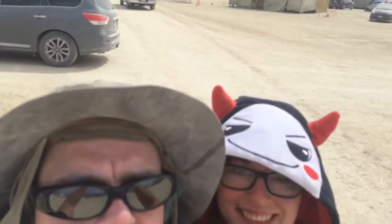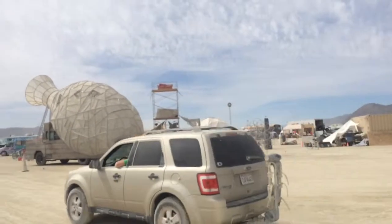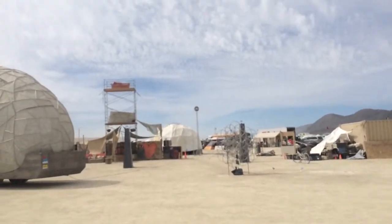So here's Elena and I. And here's camp. We're going to walk through camp and see it before it all comes apart too much. So we've got the amphora where it's been parked, our flame obelisks, Elena's